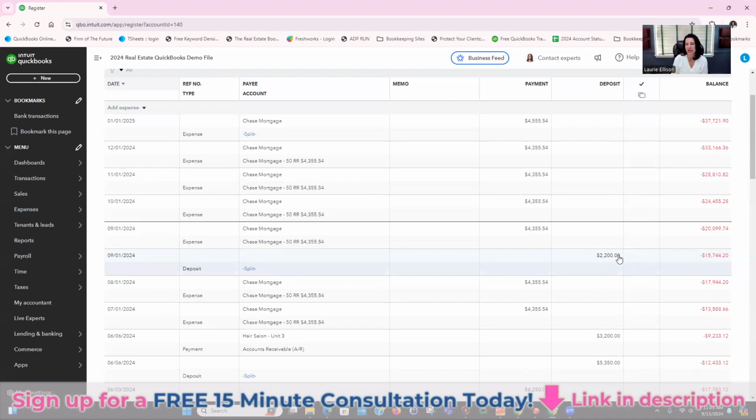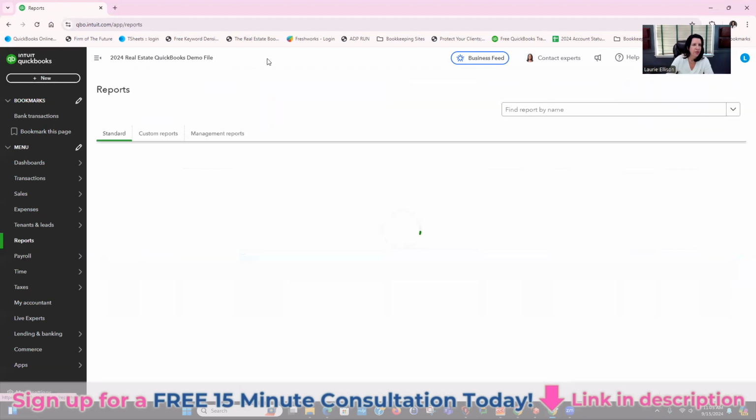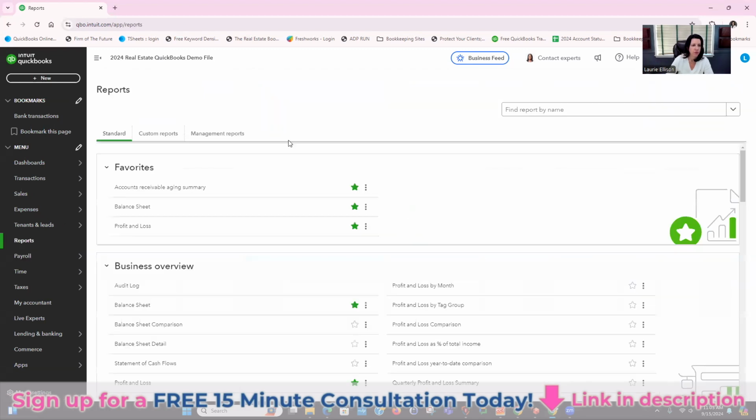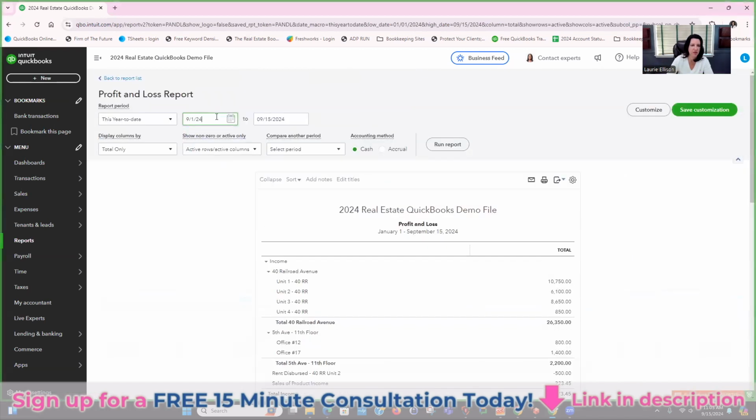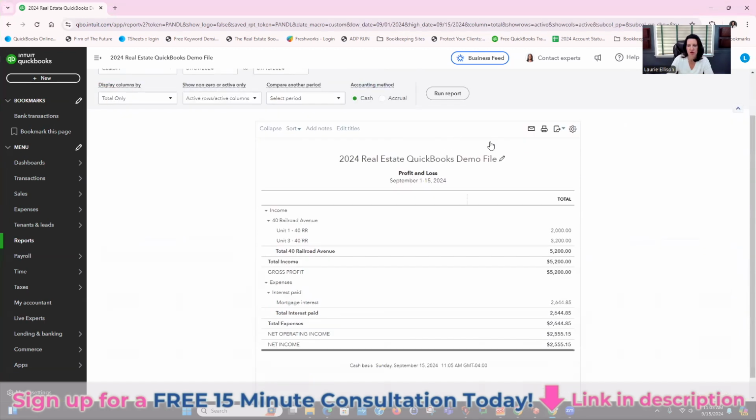You still need to account for the cash payments because you need to have your rent roll. So if we do profit and loss, right, for this month, now so far we have these two rents accounted for, and only $2,200 out of the $5,200 actually went into the bank account. The rest went into the petty